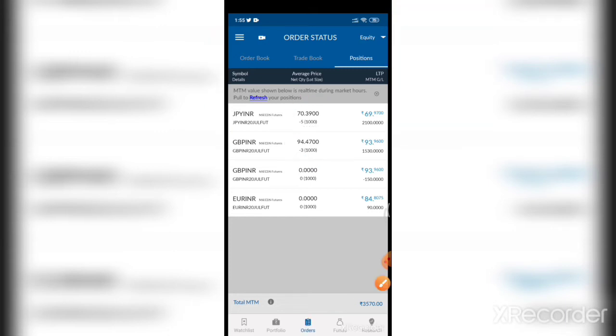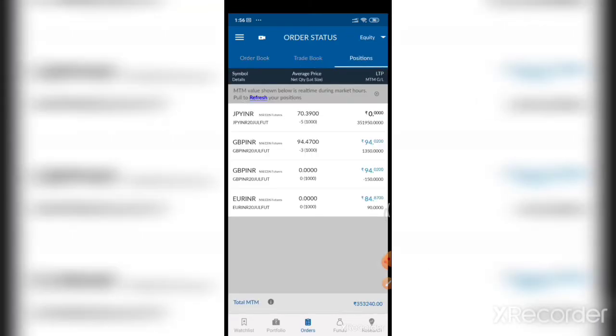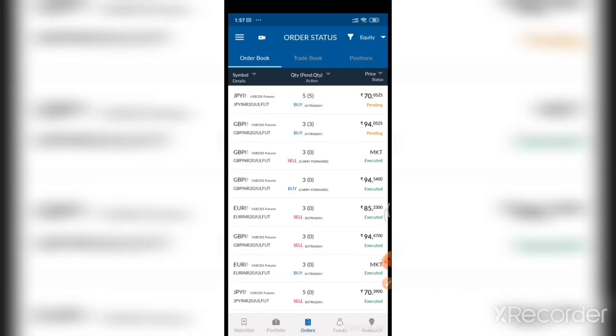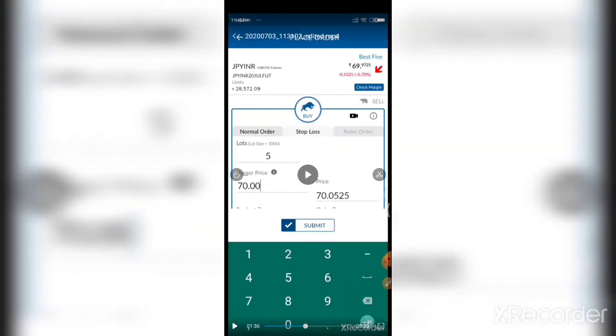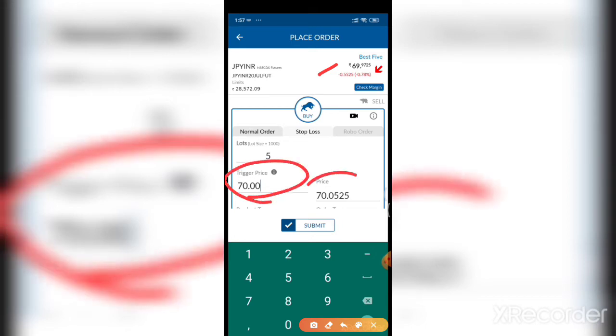Okay, just continuously analyze, and at some point we have to leave these positions, we have to exit from these positions. Now modify again because the market rates are going downward continuously. As you can see here, this is the market price 69.97. It is going downward, so we are updating the stop loss prices also.